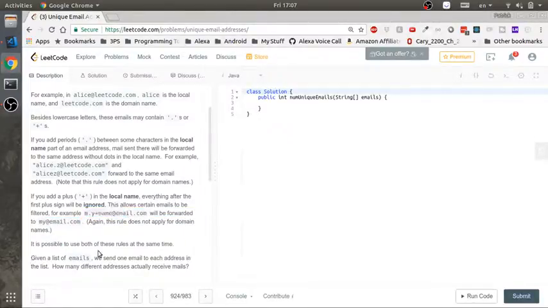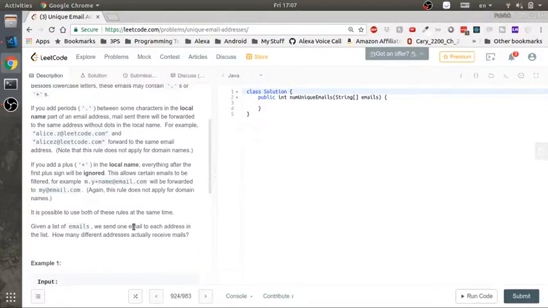So our challenge: given a list of emails, and we're going to send one email to each email address in the list, how many different addresses are actually going to receive emails? So that's our challenge. Any ideas of how we can get this started? How many different addresses actually receive email? Yes. So knowing that plus is going to erase everything after and that a dot can be ignored, what can